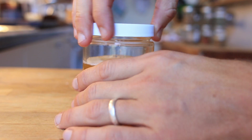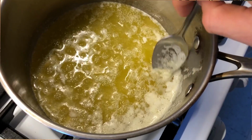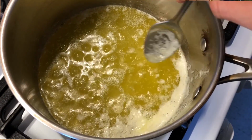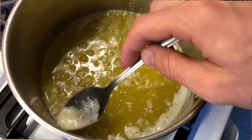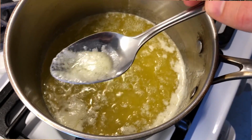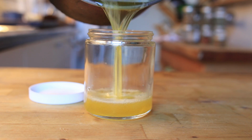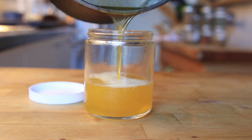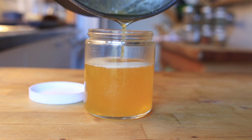That's no good. We've got ghee, which is probably the most popular cooking fat in India. And basically ghee is just clarified butter. You can buy this in the store. If you want to save money, you can just take butter, put it on a simmer, and what's gonna happen is it's gonna start bubbling like this, skim off all that foam on the top, and then the solids are gonna form on the bottom, so you're just gonna pour the clarified butter off, keeping all those solids on the